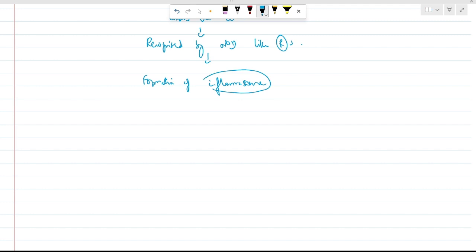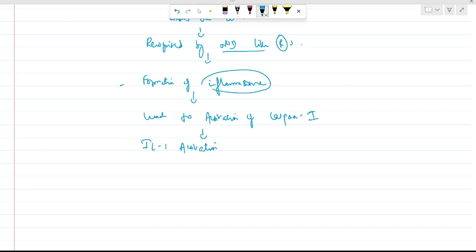Okay, recognition by nod-like receptors leads to formation of inflammasome. This leads to activation of caspase 1. This leads to interleukin 1